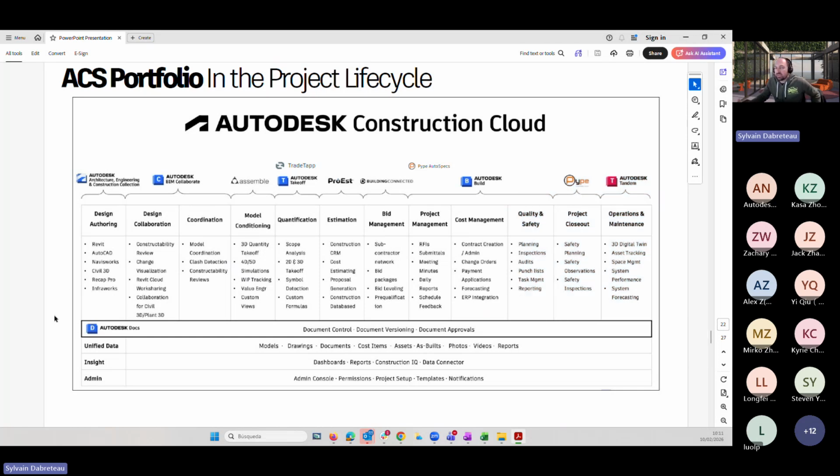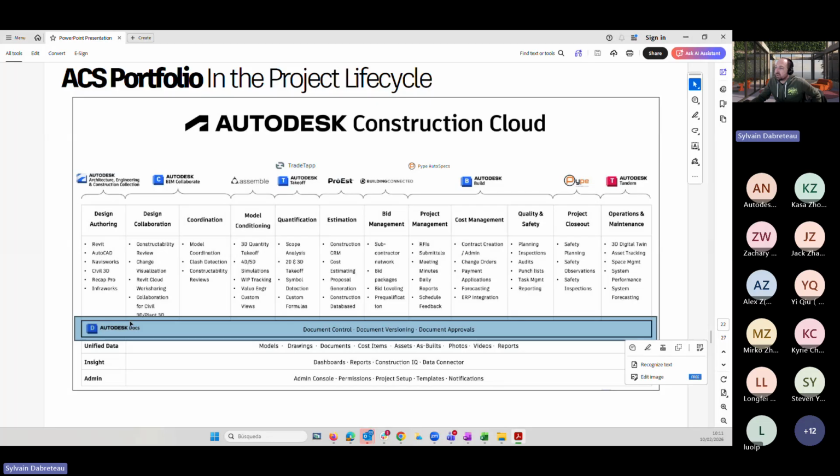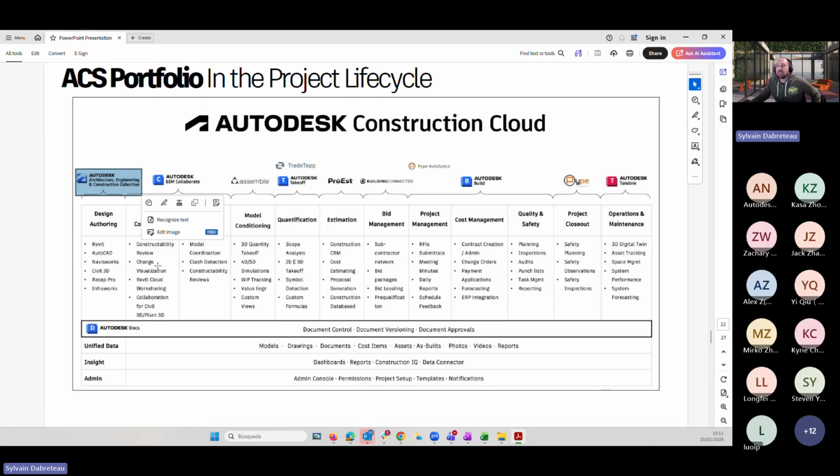So the place where everyone should be meeting, the single point of information or single point of truth, would be Autodesk Docs. Yeah, and we can see that Docs is actually core to all those phases. In essence, every time that you have Autodesk AEC, you also have Docs access. If you have Collaborate, you also have access to Docs.